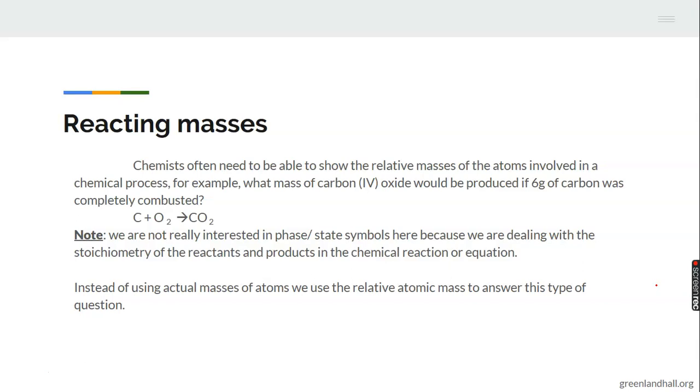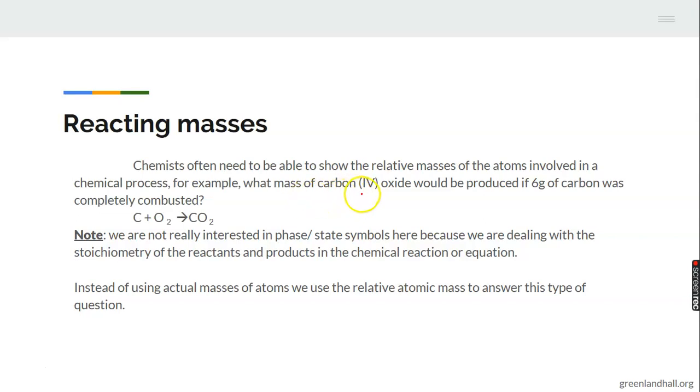So about relative atomic mass, you can find that in your periodic table. It's written there for all the elements. Okay, reacting masses. Chemists often need to be able to show the relative masses of atoms involved in a chemical process. For example,